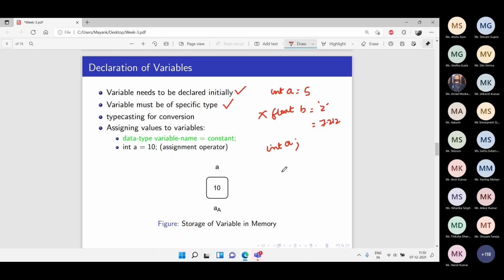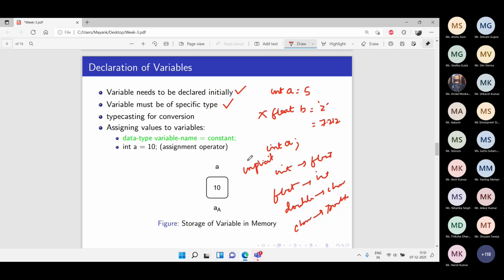Now you have told int to float. What about float to int? What about double to char? What about char to double? So all these things, every kind of conversion is required. Some can be done by implicit conversion, and some need to be done by explicit conversion. For this type of thing, we are coming to the upcoming slides, how these conversions happen, because these need to be standardized.